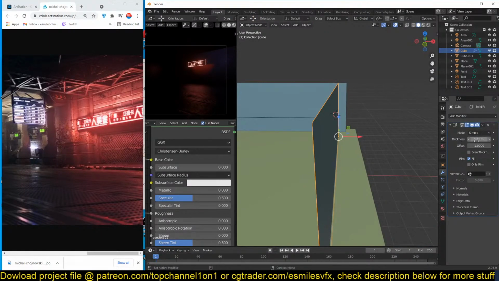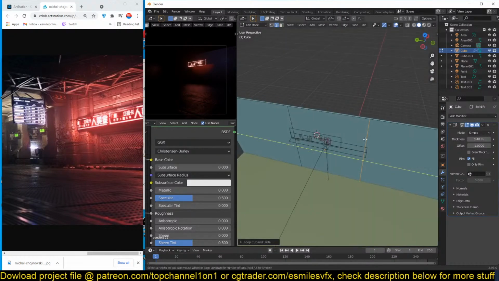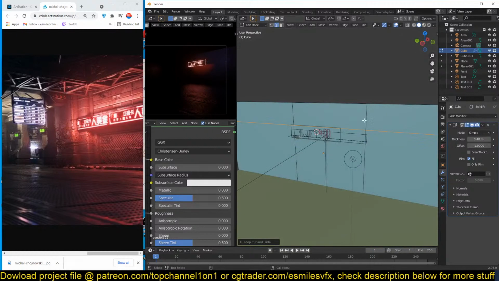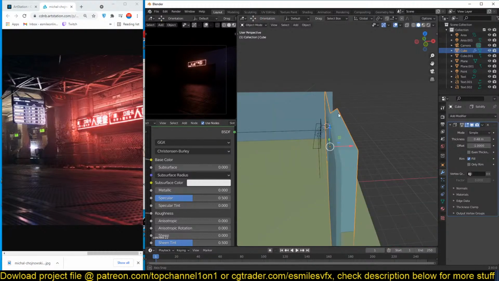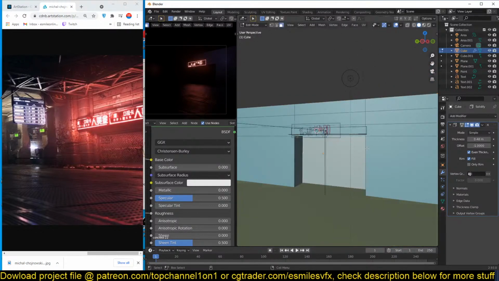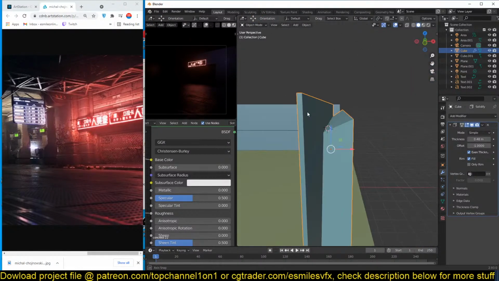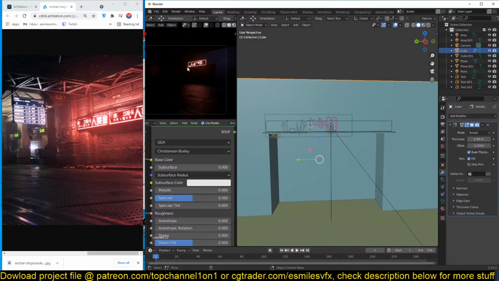So if I give this some thickness, now that means I can easily add in walls anywhere I want without having to worry about intersecting with the back side of the wall. So I'm just going to have this set to even thickness like that. I don't worry too much about what's going to happen in the back. Now you can see that we can easily detail